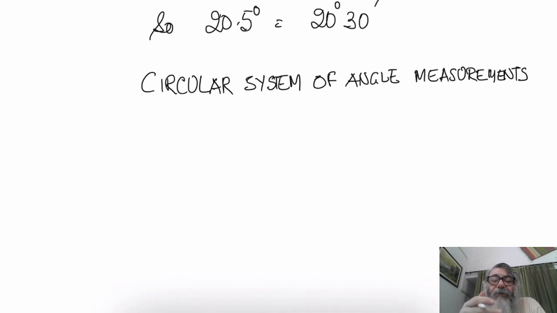If you remember, you only studied till 90. You studied angles till 90, but the angles do not stop at 90. They go much beyond, and we are going to study further. Today I'm going to discuss something, but later on we will be discussing how we calculate values of bigger angles. They can go to 5,000, they can go to 7,000, they can go to 5 lakhs, they can go to 14 lakhs. And how do those angles come?